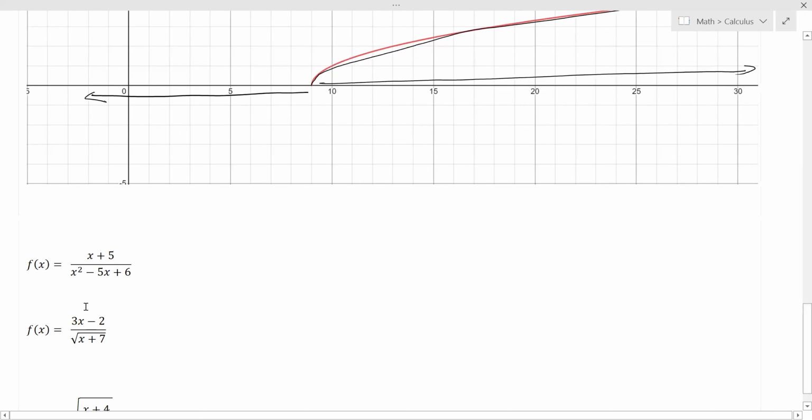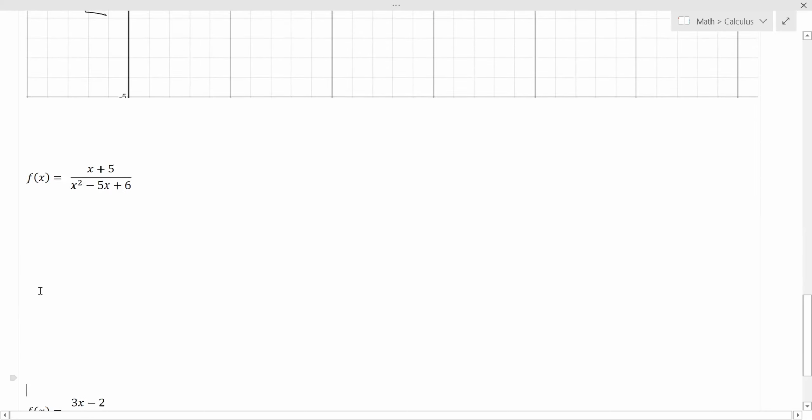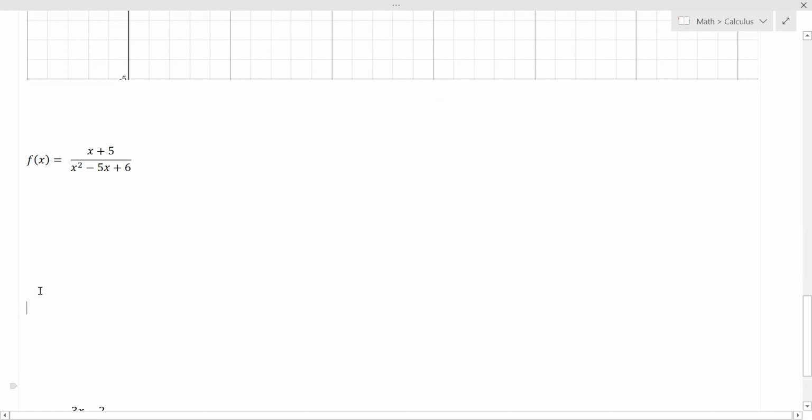Okay, now let's try this one. This one is kind of a mixture of two things now. We have a quadratic equation and we have a fraction. Since this is a fraction, what will make this function undefined is when the denominator is equal to 0. If we do that, we have x squared minus 5x plus 6 is equal to 0. All right, so let's try and